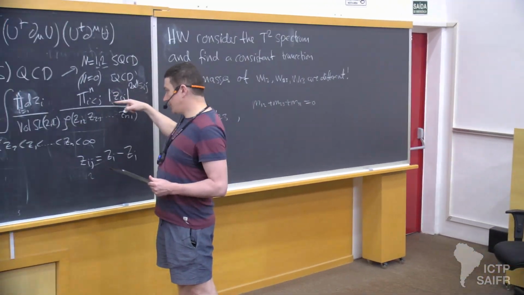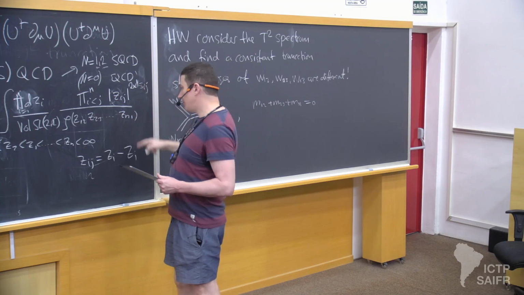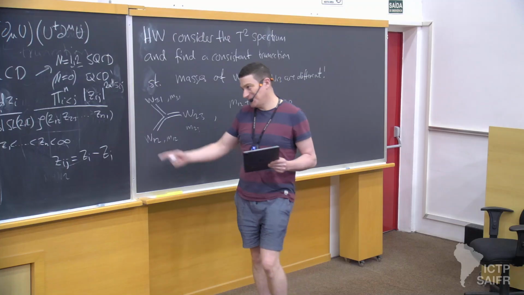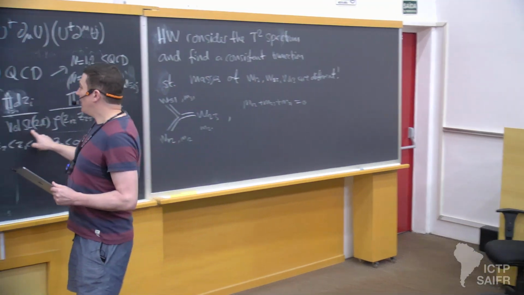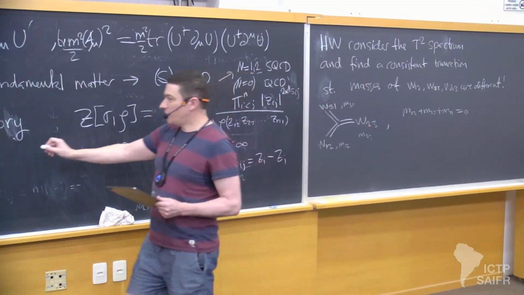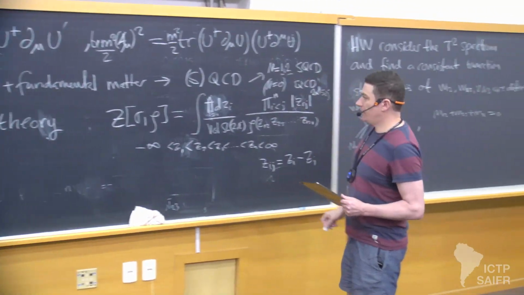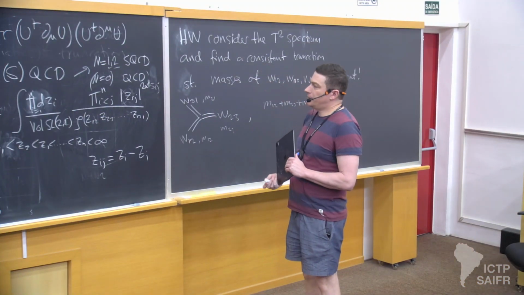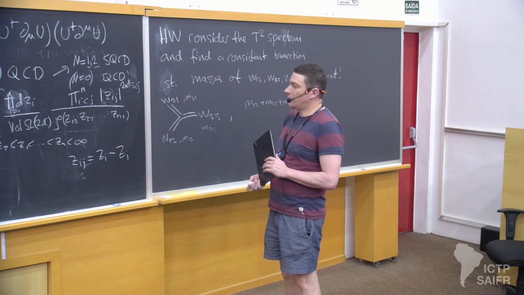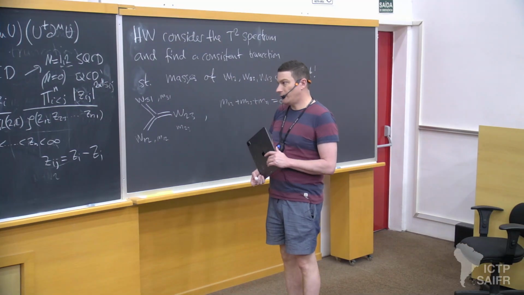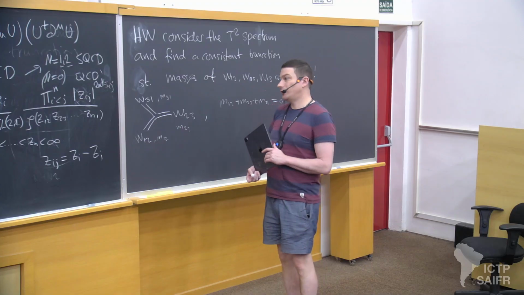This is the Koba-Nielsen factor. This factor here, sometimes people call Parke-Taylor, although it has nothing to do with Parke-Taylor, so I don't know why it's called that. And so this goes under the name Z theory, simply because it was called Z. It's something that you can think of as a string amplitude, but it's not a string amplitude of either the bosonic string nor of the superstring,